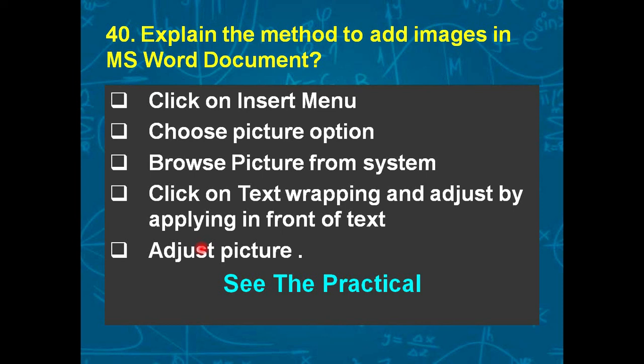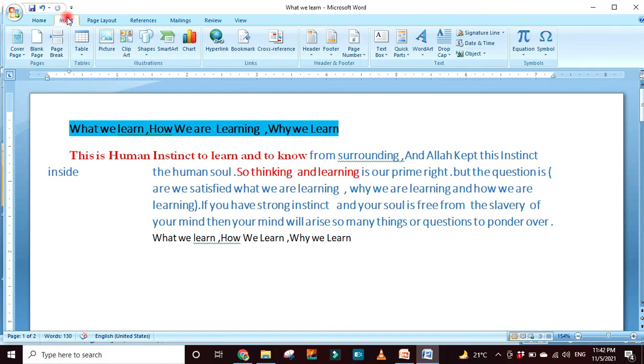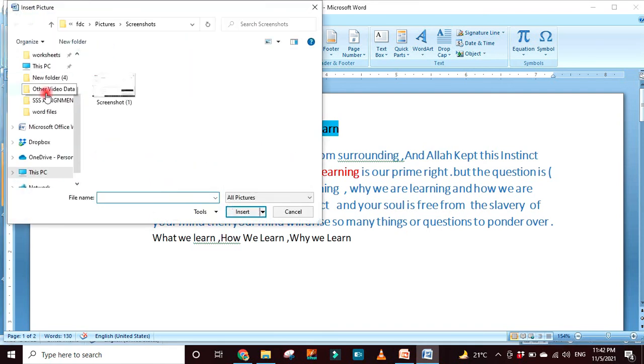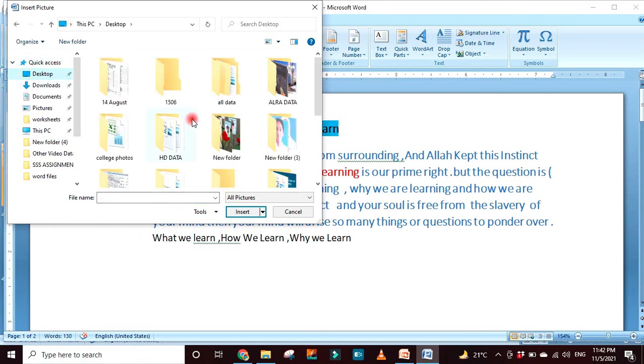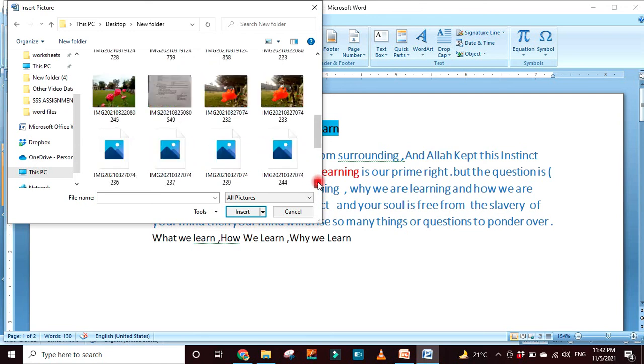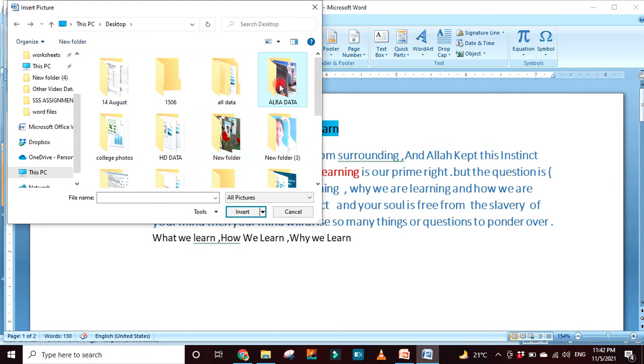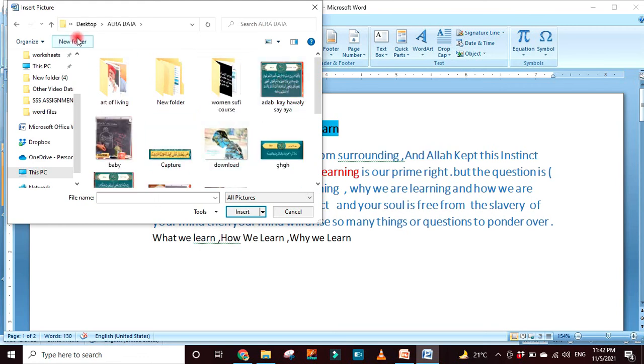मुझे एक पिक्चर को इंसर्ट करना है तो क्लिक ऑन इंसर्ट मेन्यू, यहाँ पे मैं क्लिक करूँगी और उसके बाद आई विल फाइंड आउट, ये देखें ये पिक्चर के ऑप्शन है, यू जस्ट क्लिक हेयर एंड चूज़ द पिक्चर। लाइक मैं डेस्कटॉप पे चली जाती हूँ, आई हैव आई थिंक मैनी पिक्चर्स, मुझे यहाँ पे या फिर मैं बैक पे जाती हूँ, मुझे कोई और फोल्डर चूज़ करती हूँ तो मुझे यहाँ एक पिक्चर मिल रही है, दिस वन, आई इंसर्ट इट। ये मैंने पिक्चर यहाँ पे इंसर्ट कर दी है।